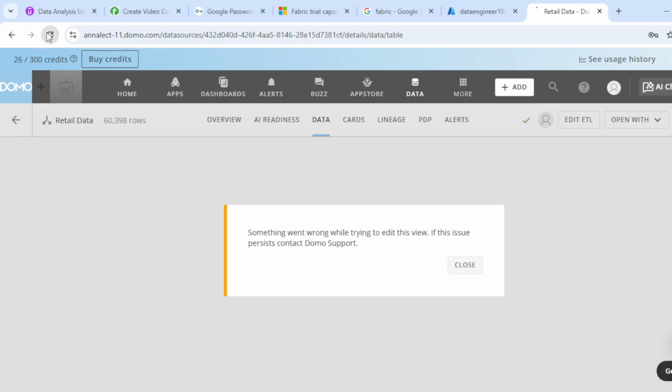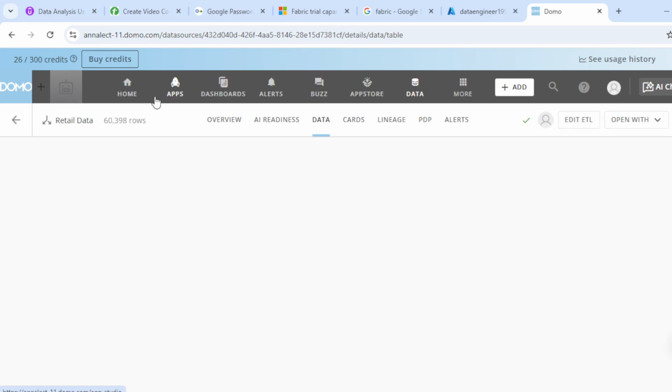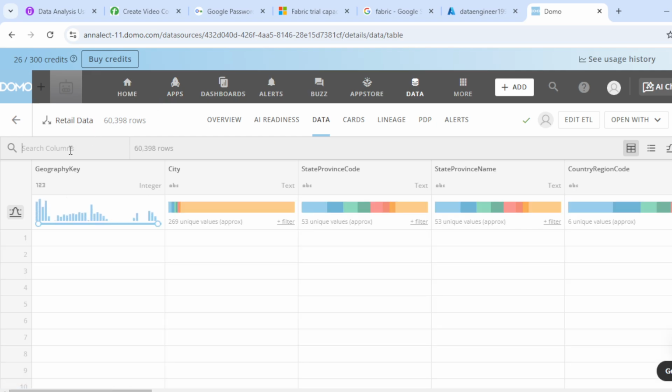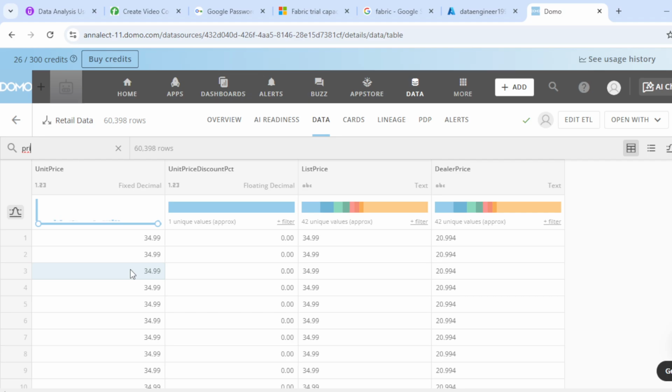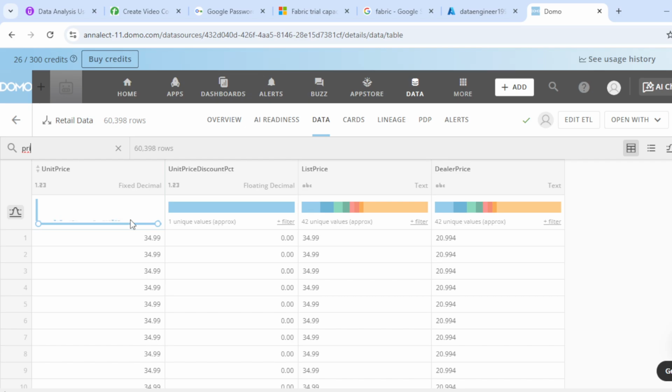One minute, I need to refresh this. Yeah, I want to search the price. So here we will see the unit price. We can see the unit price. Okay. Now after the unit price,